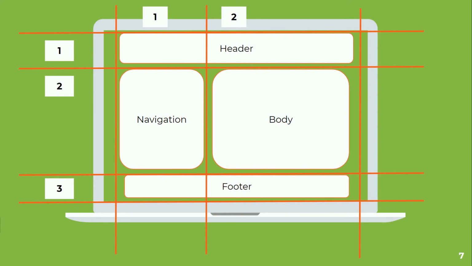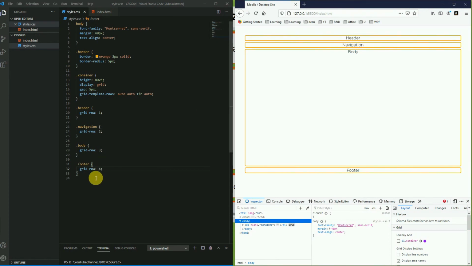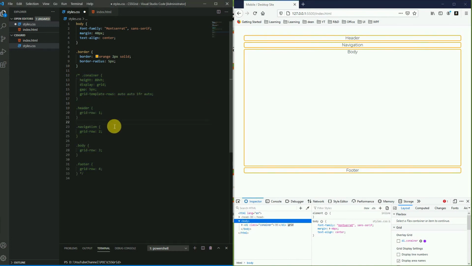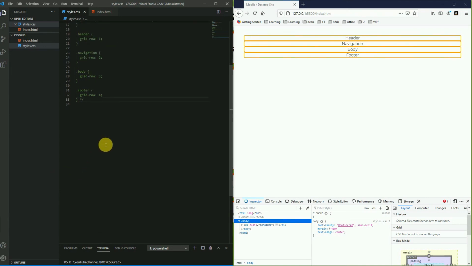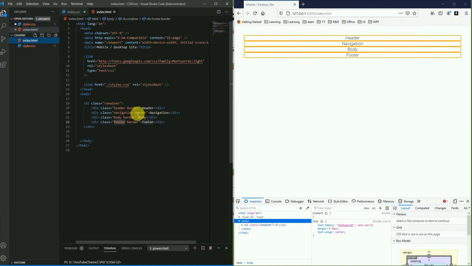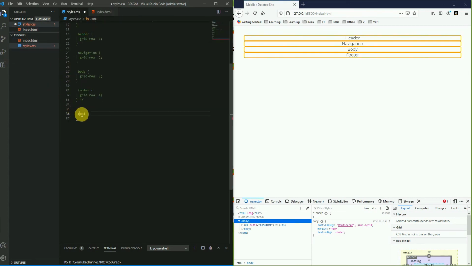So for that let's move to our Visual Studio Code. Let me comment out this CSS right now, because we will need it when we implement the responsive layout. I have just commented that out, and we need to create a new CSS for the desktop. So basically I am going to put the container here, because our HTML is the same. We are not going to change anything on the HTML side, but we are going to implement it using our CSS styles.